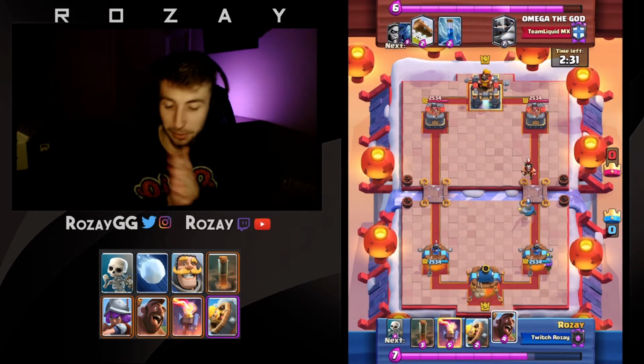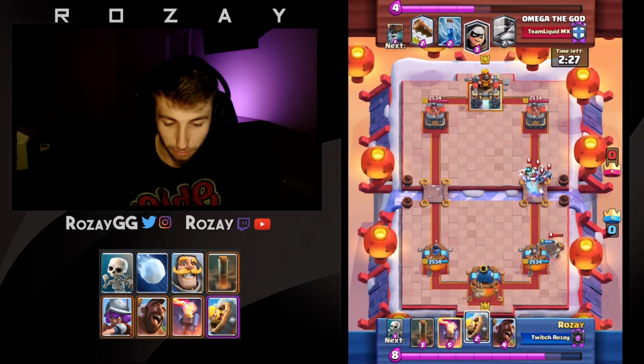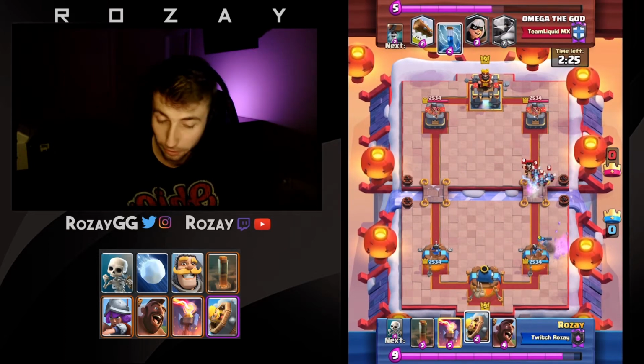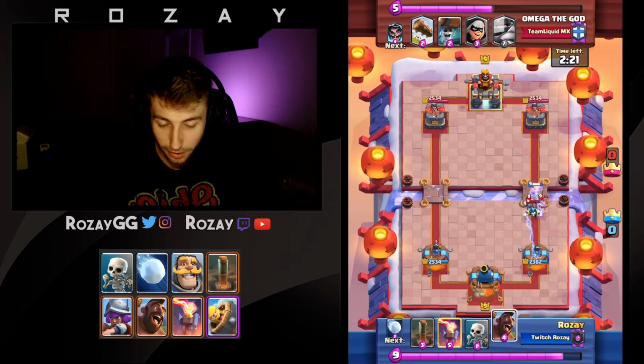But, hopping into the game, he's going to send the Miner in. Miner's probably going to take out that... No, never mind. Musketeer lives, that's clutch. Barbarian Barrel's going to take that out. Oh, but...